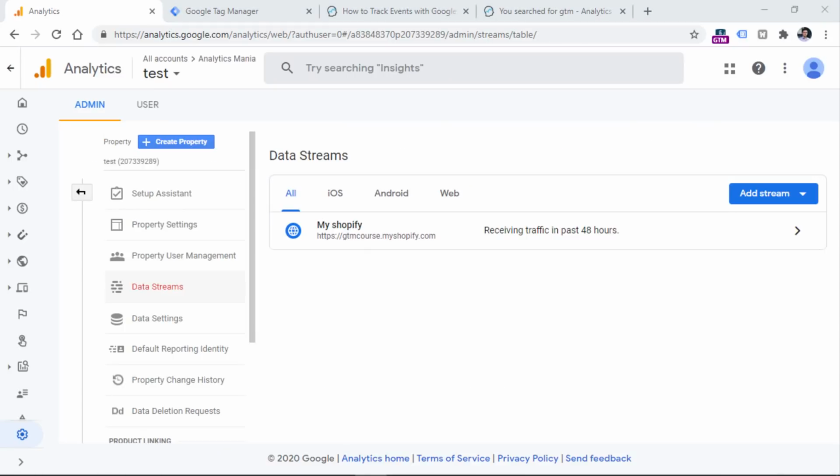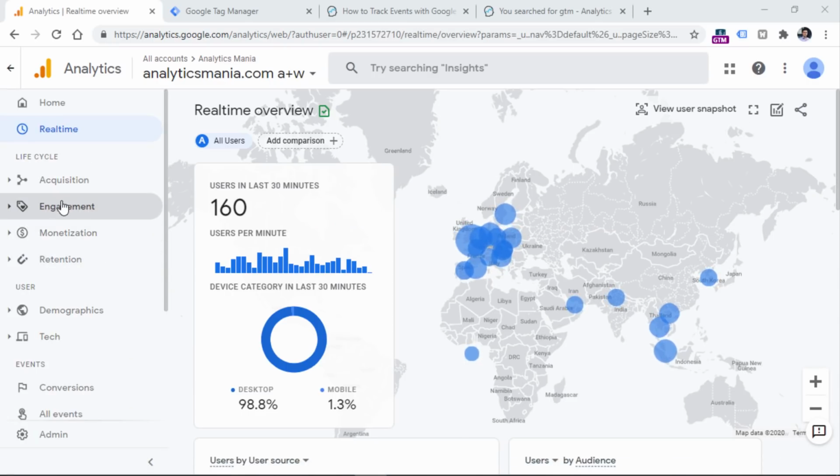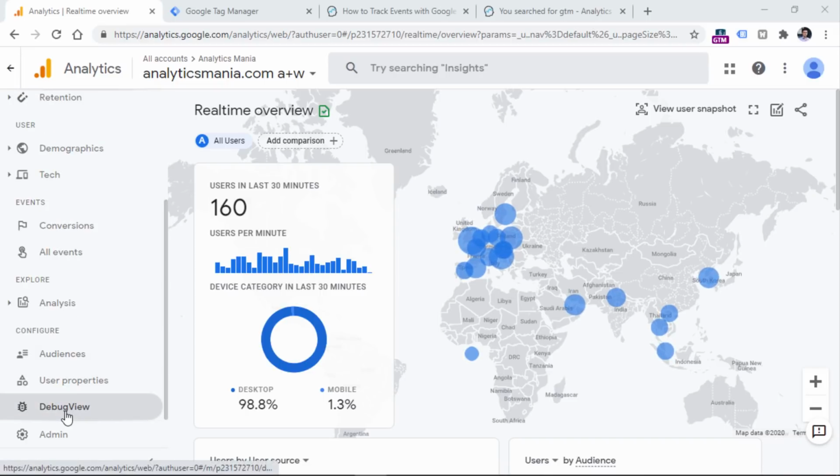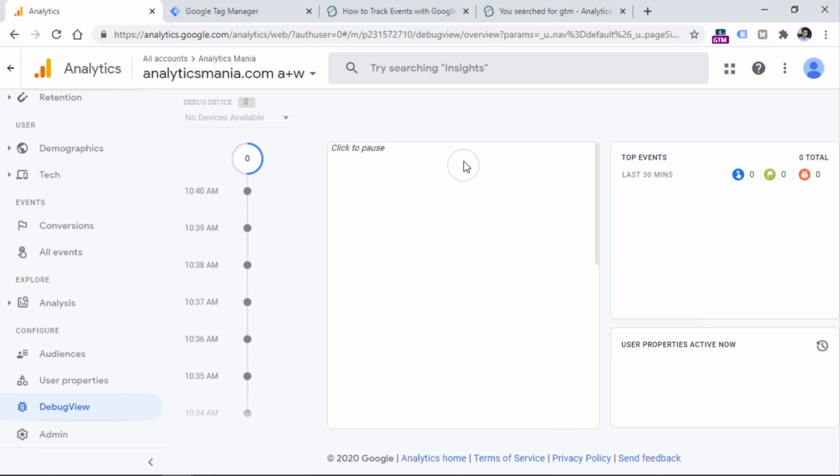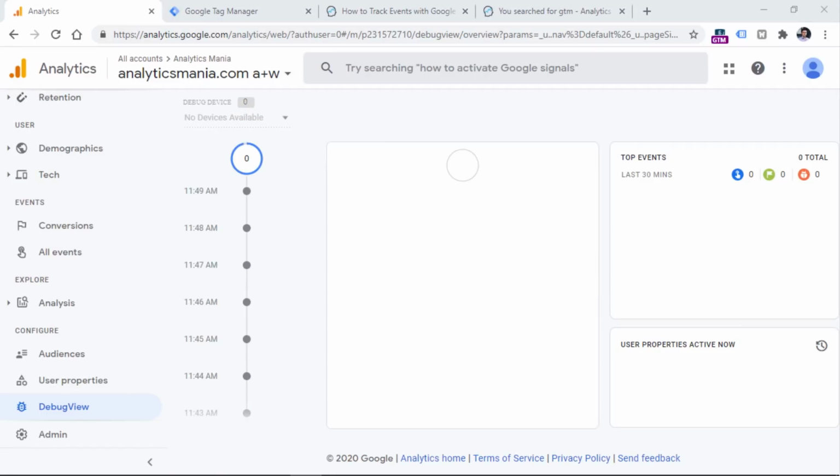So once you enable the enhanced measurement in your property, you probably want to check whether the data is actually coming in. So you can go right here in the bottom left corner of the GA4 interface, you will see the debug view. But if you want to start seeing some data right here, you need to enable the debug mode of Google Analytics. And there are several options how you can do that. If you're working with Google Tag Manager, and I hope you do because you're watching my video, then the easiest way to do that is just to have the preview mode enabled in Google Tag Manager.